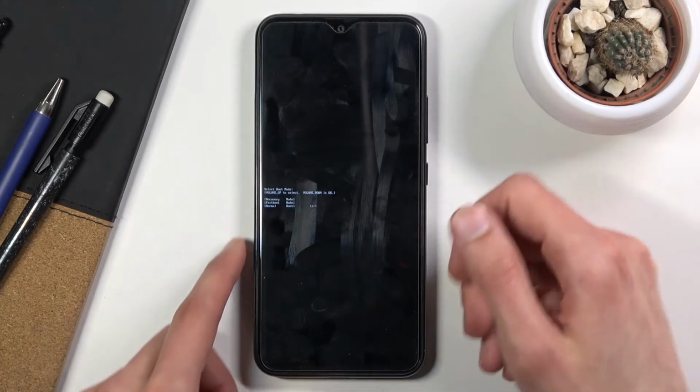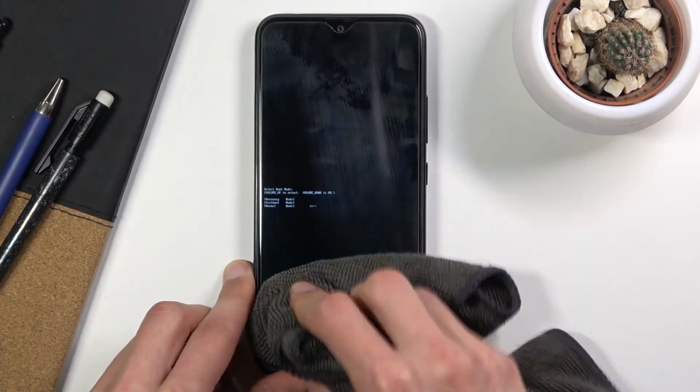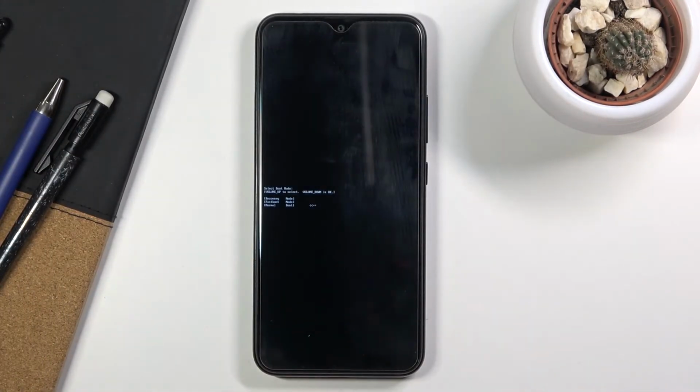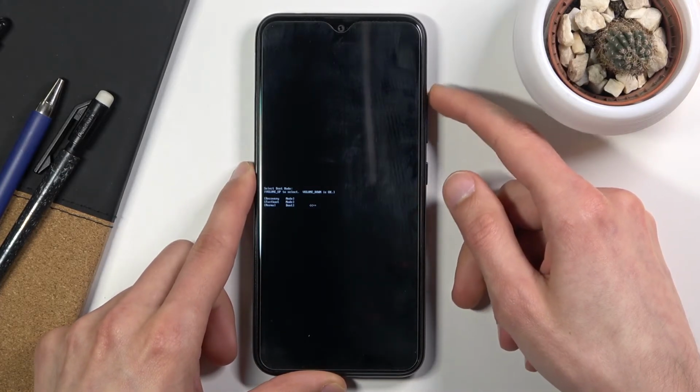Now I'm not sure how visible they are on the camera. Let me quickly wipe the screen. There we go. So the first option, which I can select each one of them using the volume up key,